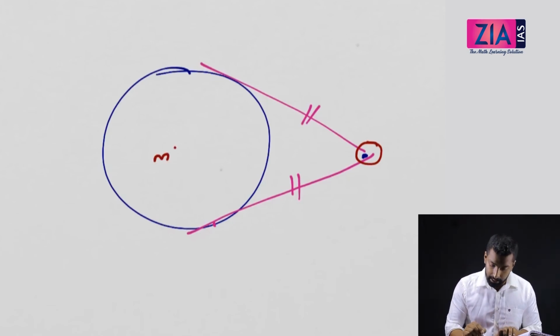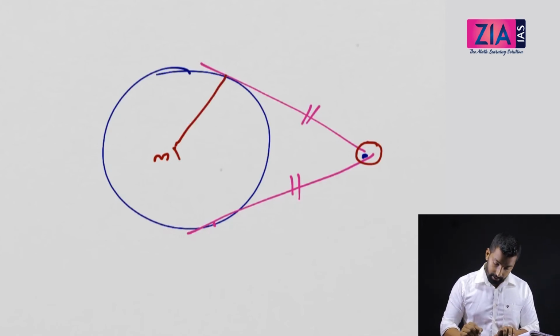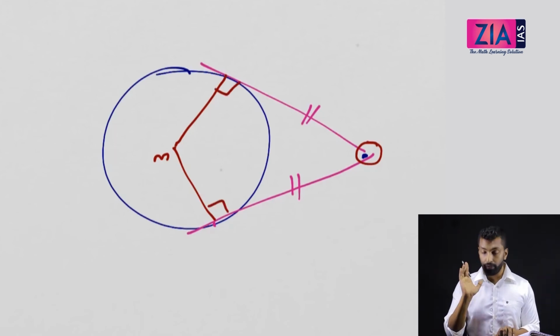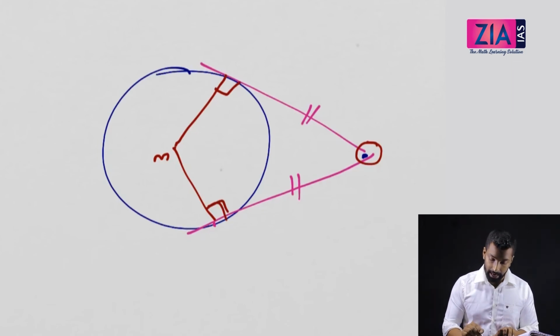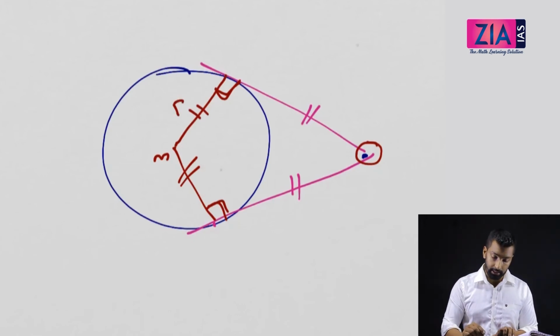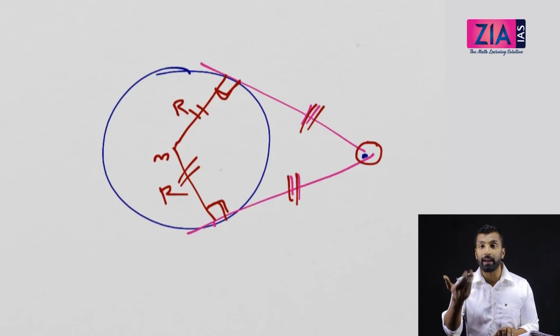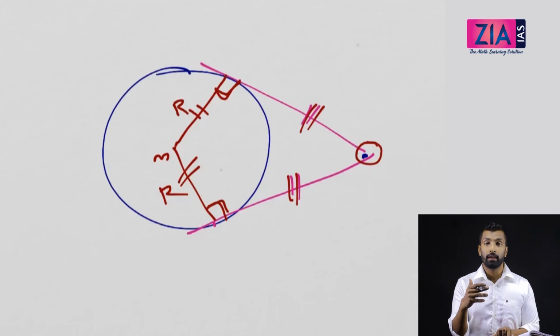See, from the center, let's keep this point as M or O. What I told you in the previous property, just drop a perpendicular here, extend this line from the center. So what you get here is 90 degrees. We will be using this property in many cases, so don't forget this. We are going to use this in many questions. So this angle will be 90 degrees. This length and this length will be equal, which is known in most of the cases. Why? Because this is nothing but the radius, and we know these two will be equal. If you know one among these, or if you can find one among these, the question is going to be very, very easy for you. We are going to discuss this when we discuss the questions.